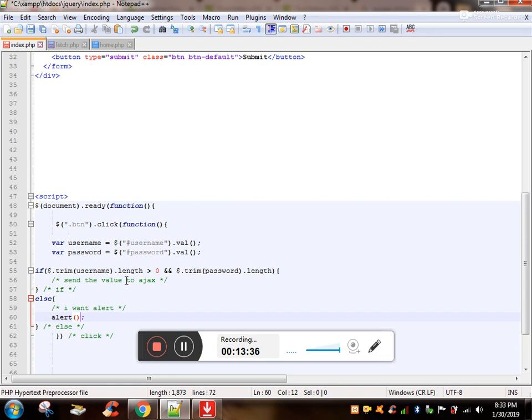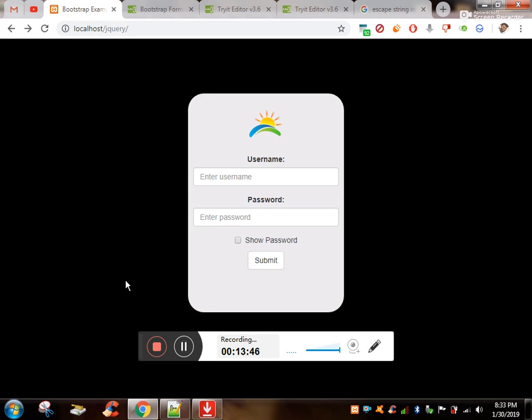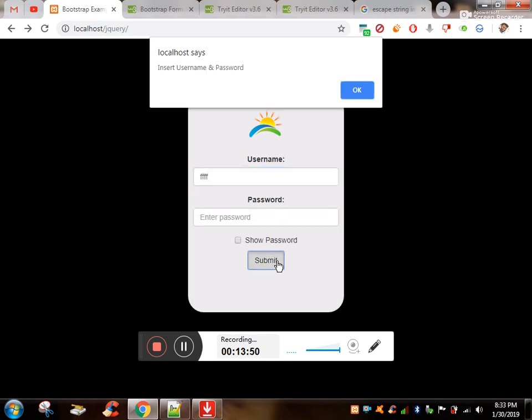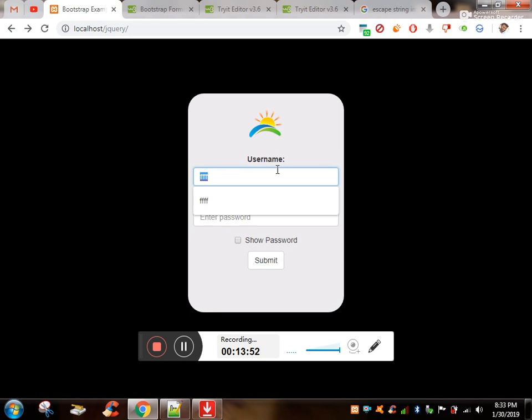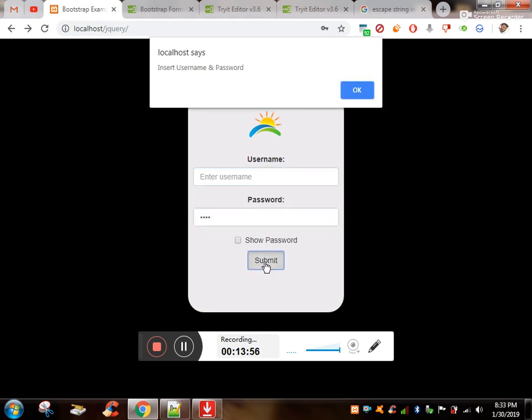As: insert username and password. So if I type only the username and click on submit, you will get an alert. If I insert only the password and click on submit, you will get the alert. Now